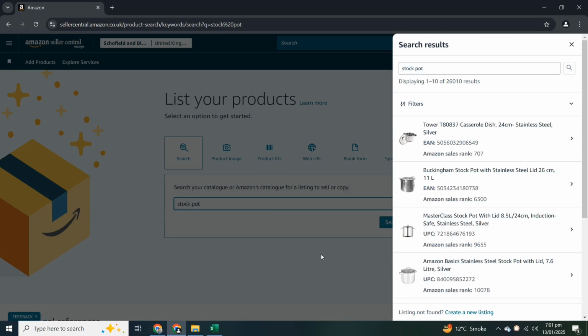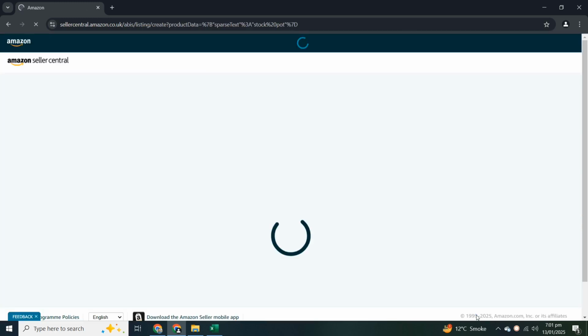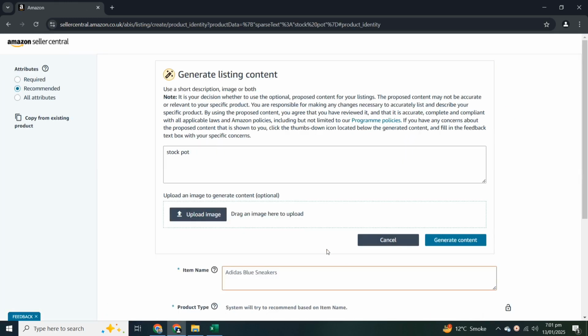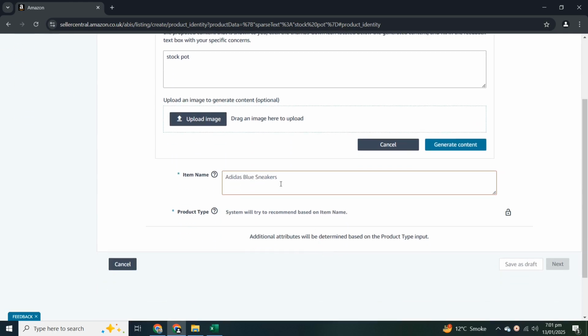You will see a panel appear on the right side, and at the bottom of this panel you will see create a new listing. Click on it. A new page will appear. Here write the name of your product in item name,